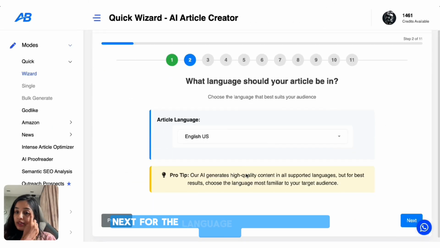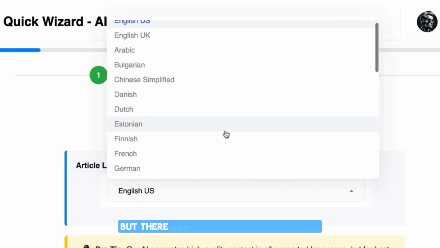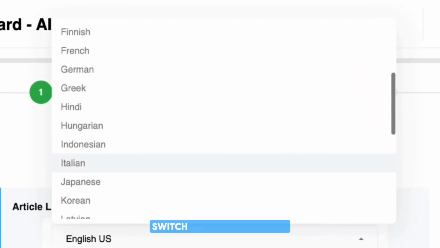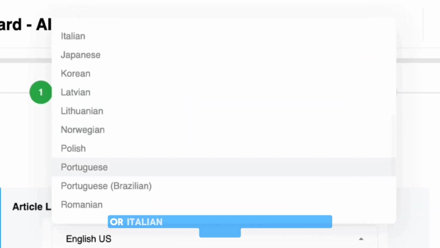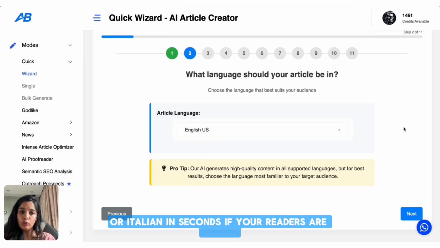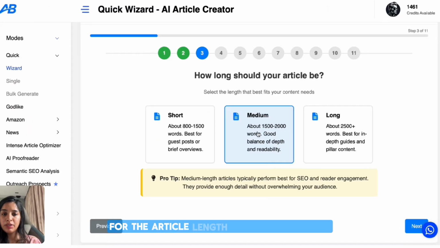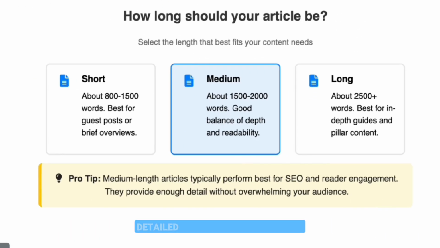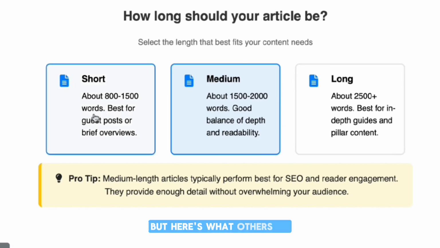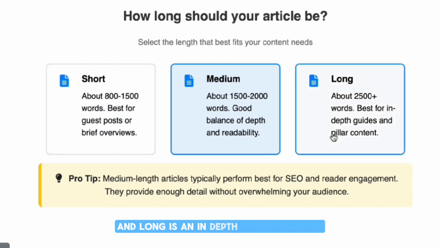Next, for the language, I'm going to keep it English, but there are 30 supported languages. Switch to Spanish, German, or Italian in seconds if your readers are global. For the article length, medium works here, detailed enough for travel tips and short enough for a quick read. But here's what others do. Short is a quick update or gear list, and long is an in-depth travel guide